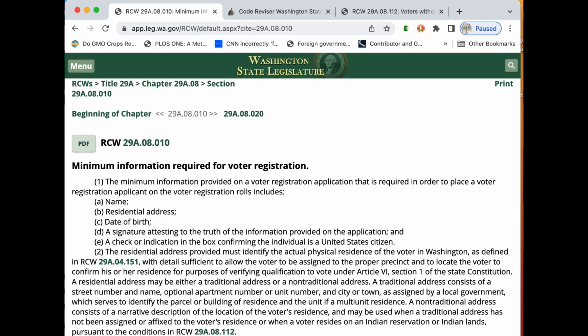Hi, this is Emily, and I'm going to show how you can vote in Washington State even if you have a non-traditional address. The Revised Codes of Washington, RCW